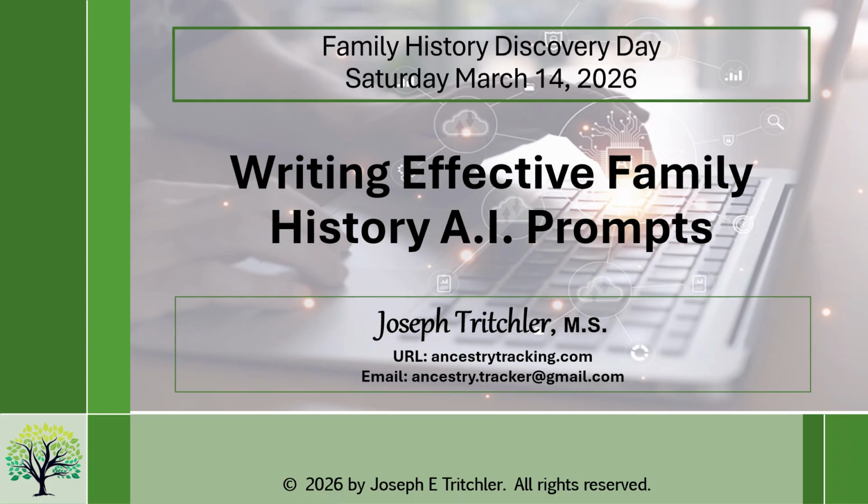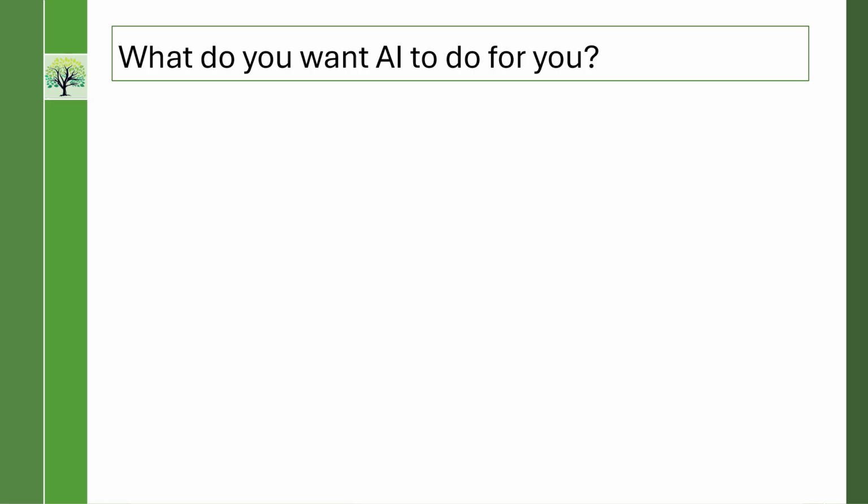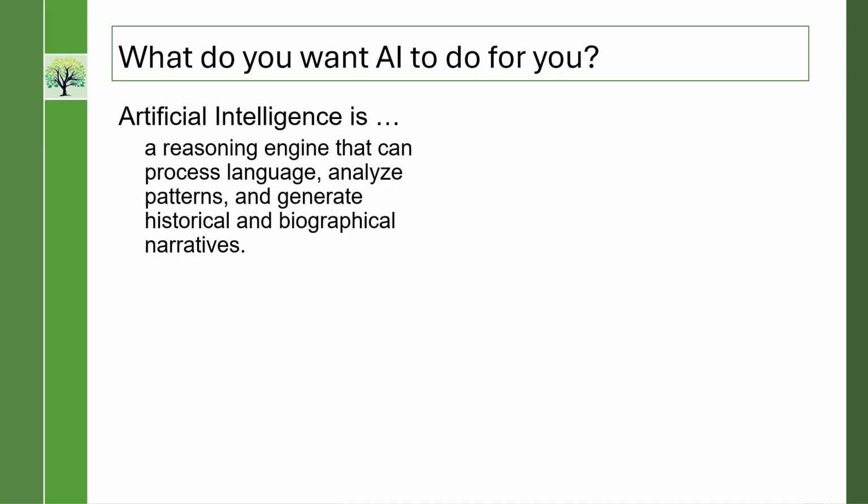So what can AI, let's review just a little bit. What can AI do for us? What does it do well? Remember that AI is not like a search engine. AI is a reasoning engine. It doesn't think. What it does is draw upon all of the things it has learned. AI is being taught on an ongoing basis. It is being fed new information all the time, but not on an everyday basis. They update its knowledge base about every 6 months or so, depending upon which company you're going to use.